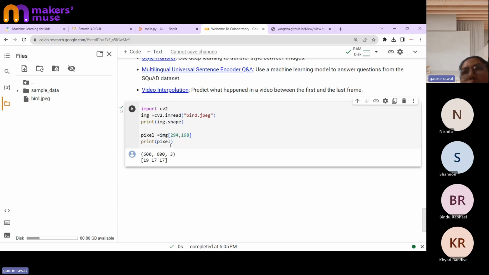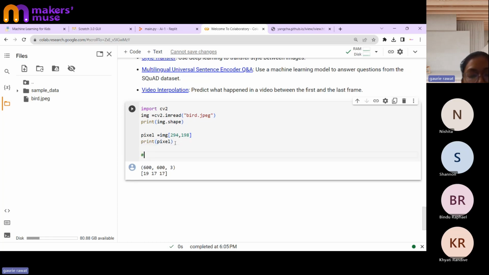Because earlier, when the scientists were building this Python programming, we didn't have RGB color formatting. We used to have BGR color formatting. I'll also write it up over here: BGR. B is for blue, G is for green and R is for red. My color contrast was red 17, green 17, blue 19, but by default, whenever an image is read, it's read in BGR format only. That's why the first value is the blue color, then this is your green color and this is your red color. Any confusion in this part? Anyone? Any confusion in this part?